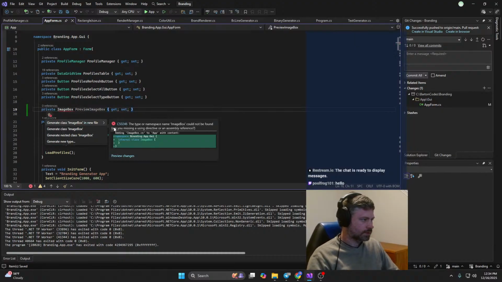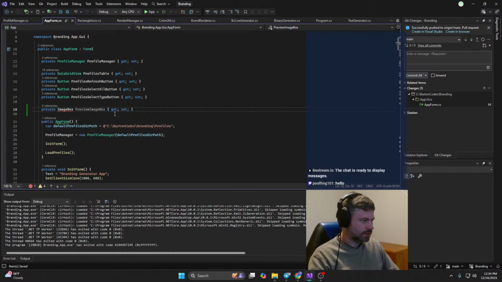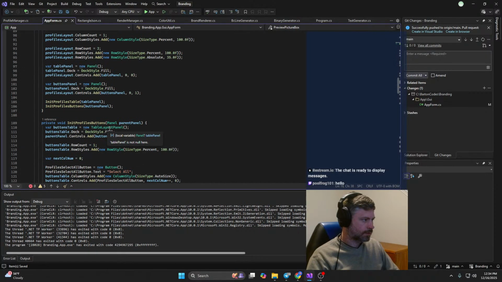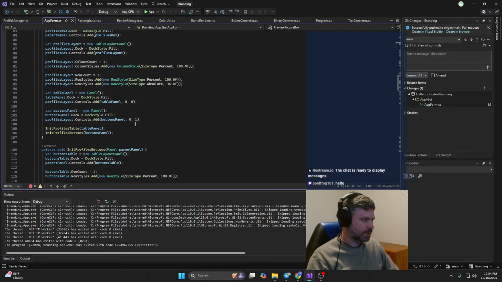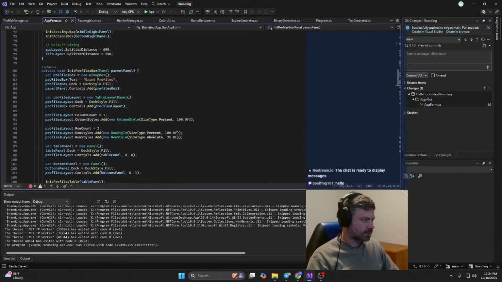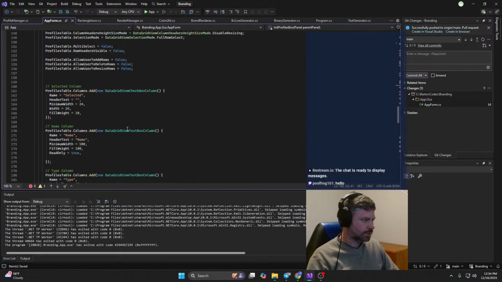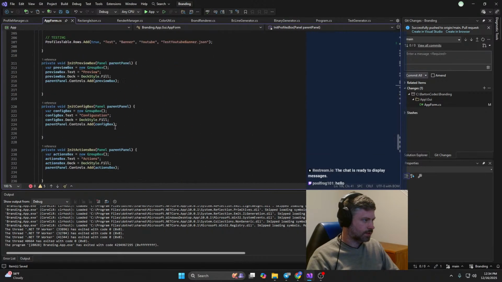Image box. Doesn't like that. Picture box, that's what it's called. Preview picture box. So we can probably create that element at the beginning and we'll just reset its stuff on it. Profiles box, init profiles. Do we end up like in an init preview box? So in here is where we can be like